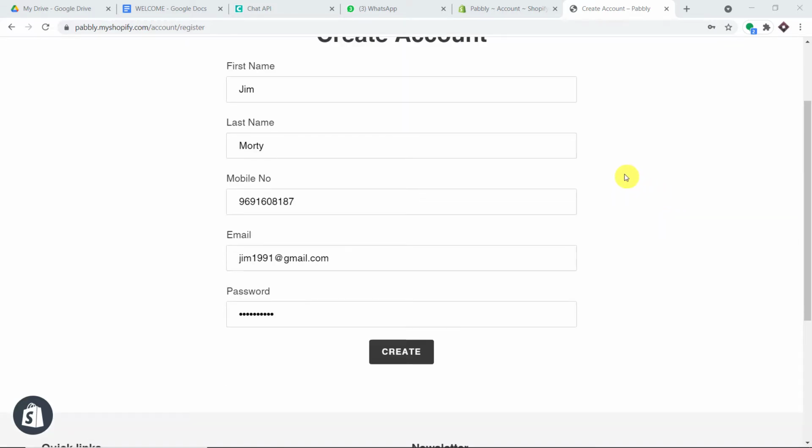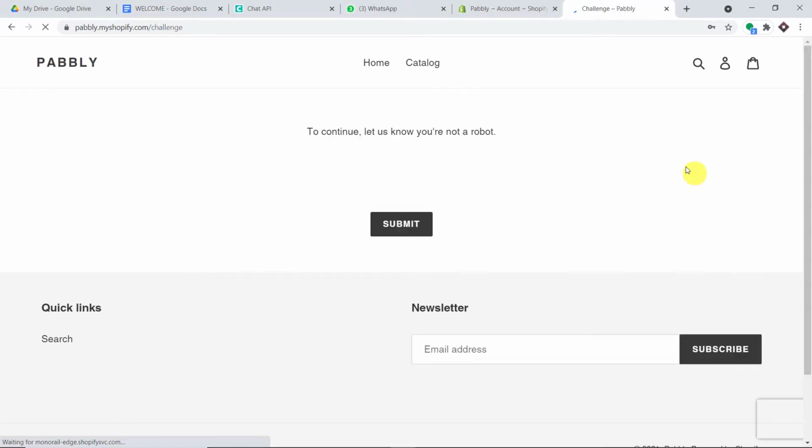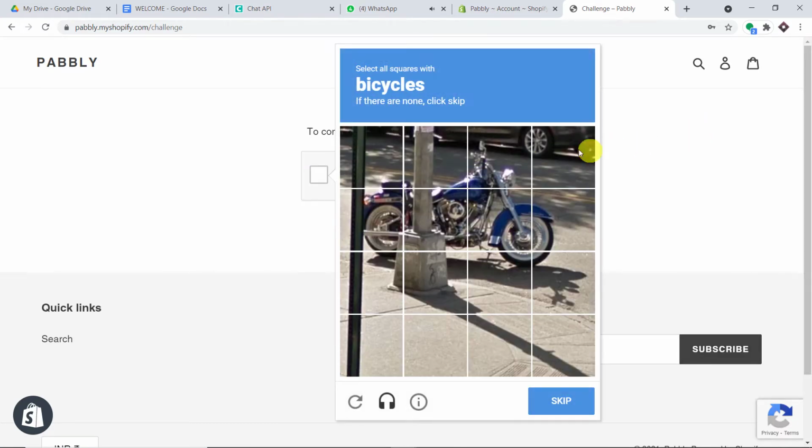All we have to do is, we have this person called Jim who is going to register on my Shopify store. The first name is Jim, the last name is Morty, and this is the mobile number, this is his email, and this is his password. Imagine this, I'm just going to register myself as Jim Moriarty, and let me add this.